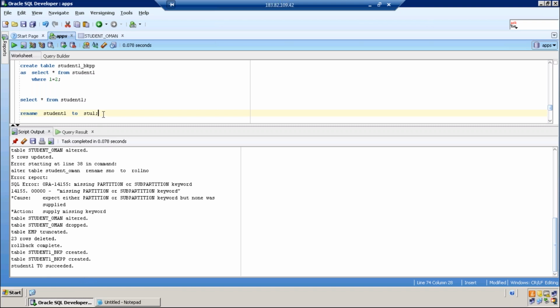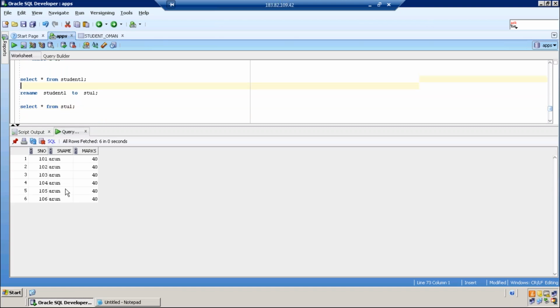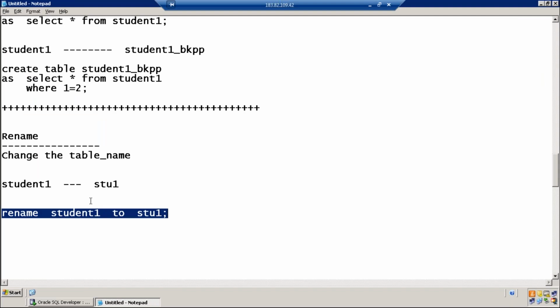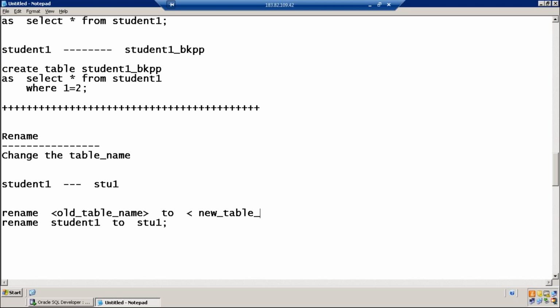Now once the table is renamed, you should access the table by using the new name. Are you able to access by using the new name? Can you access with the old name? Table does not exist. The old name has been changed. The syntax is rename old table name to new table name.